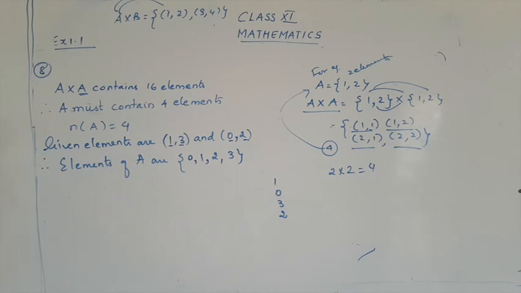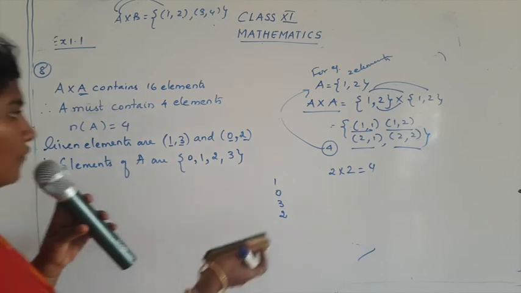Sum number 9 will be homework. You have to try sum number 9. In the same manner, instead of one set, here 2 sets are given and some details are given. So you have to just find out what A is and what B is. This is a very simple sum. Try out sum number 9 as homework. Now let's go for the 10th sum.